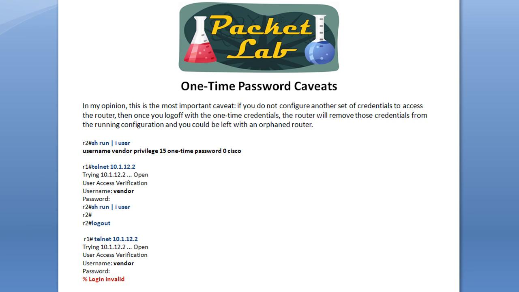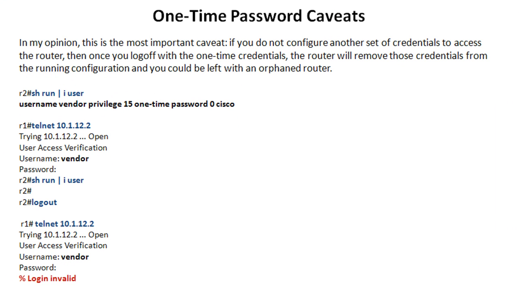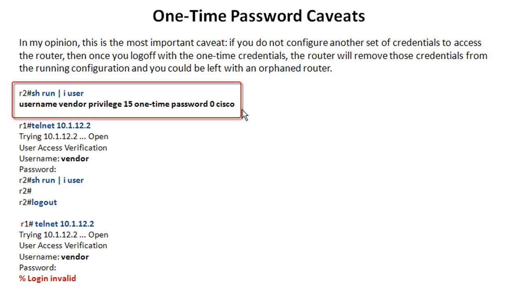And to me, this is the most important caveat. If the only set of credentials you have for authentication to your router are one-time credentials, well, you sure as hell had better configure some other credentials when you're logged in with those one-time credentials, because what's going to happen, like in this case, we have R2, we have one-time credentials set up with the username vendor, password Cisco,